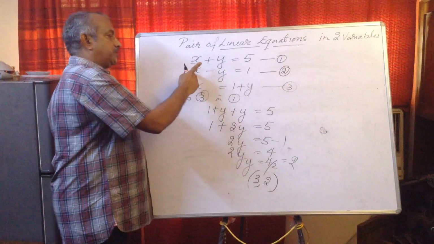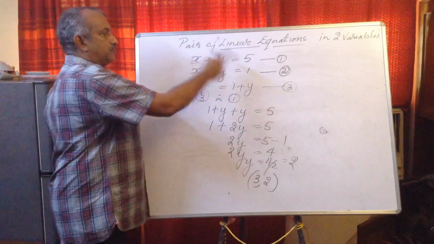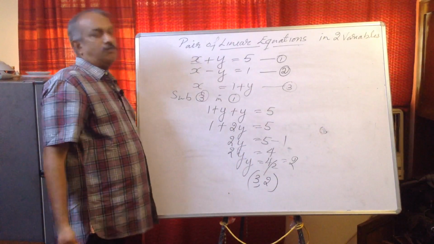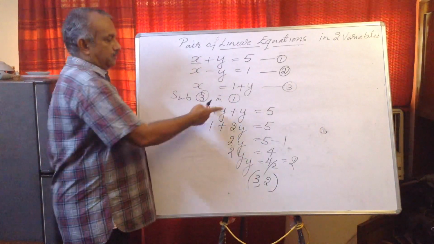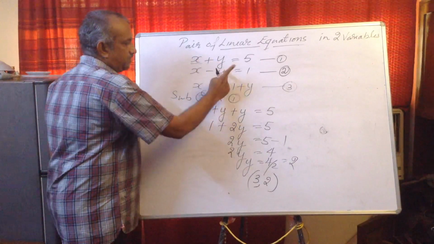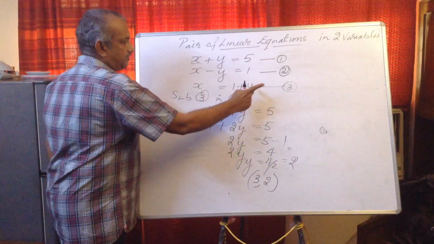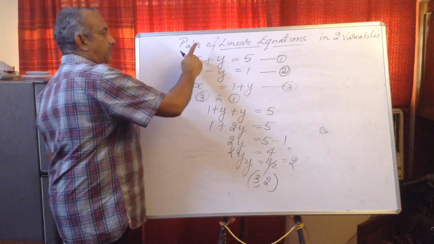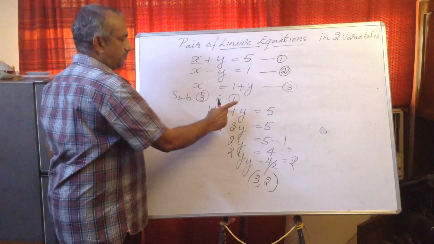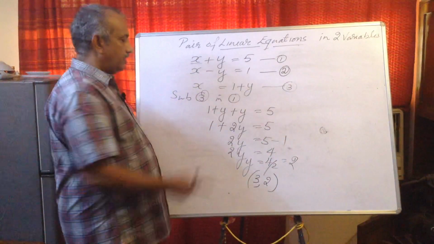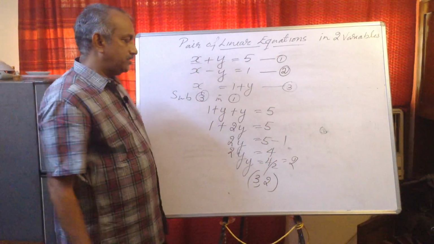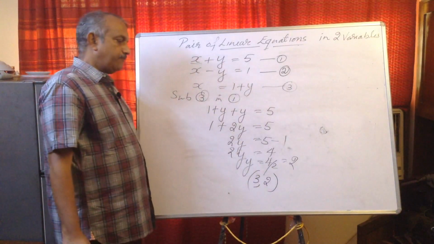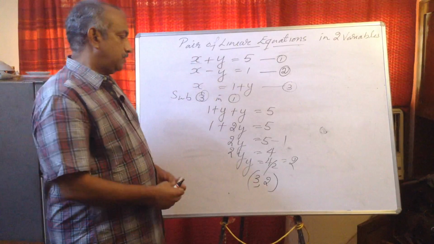Otherwise, take this equation, x is equal to 1 plus y. Now substitute in equation number 1, in place of x, 1 plus y. I wrote x minus y is equal to 1, so x is equal to 1 plus y. Substitute equation number 3 in this one. So in place of x, 1 plus y is equal to 5. 1 plus 2y is equal to 5. 2y is equal to 5 minus 1. 2y is equal to 4. y is equal to 4 upon 2, which is equal to 2. So the solution is again